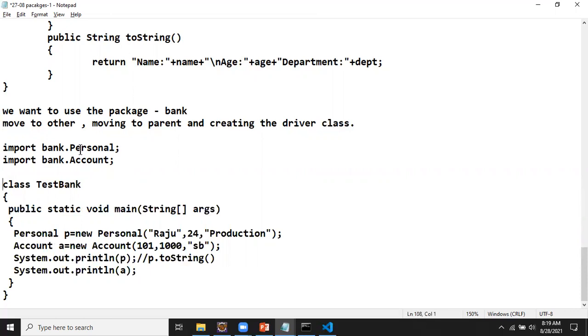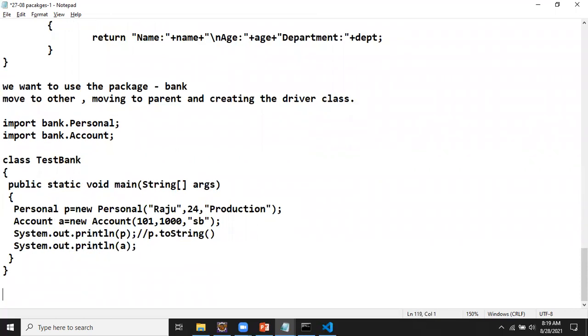In the above program, two import statements were used, for two different classes.